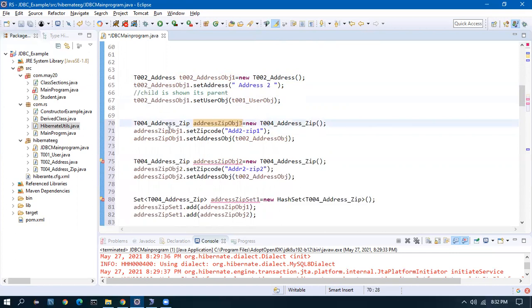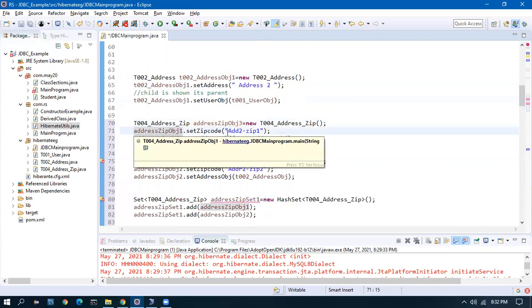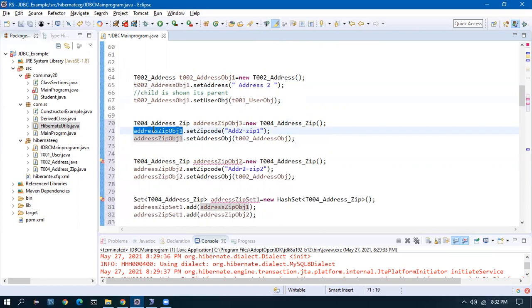If you give 3 here and forget to change it there, these will be mapped to the old one. You will be wondering why the IDs are not coming up correctly. That's the issue with copy paste. You should have a clear picture. But with practice, you will definitely get it. And for this zip object, which is the parent address, we should do this carefully.